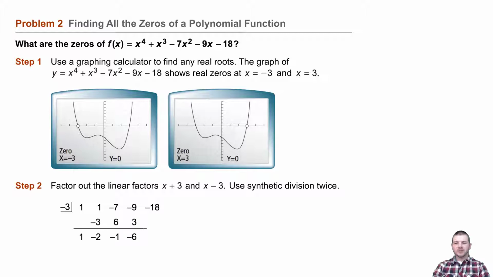Establishing new coefficients and a remainder of 0. And having used synthetic division to factor out an x plus 3, we'll place our resulting values, 1, negative 2, negative 1, and negative 6, in our new synthetic division and divide out the factor x minus 3. So a positive 3 in our half square, perform synthetic division, find a remainder of 0, and